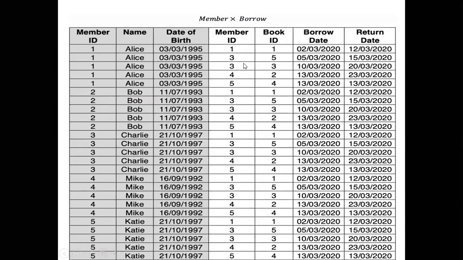I'll discuss this in the next class. But in the cross product, what will we get? We get invalid tuples, because it is matching every tuple of one relation with each and every tuple of the other relation. So 5 into 5, we are getting 25 tuples. Out of them only 5 tuples are actually valid, but it is generating another 20 extra tuples. We'll discuss this in detail with the join operation, and there you will be clear about this. Cross product means joining two relations.